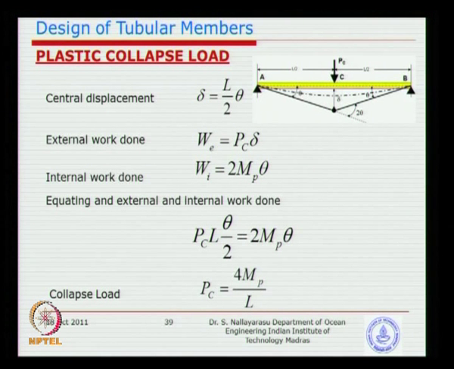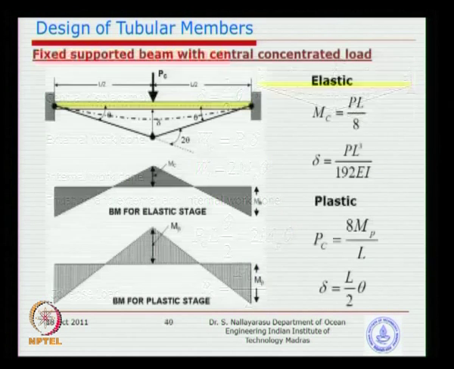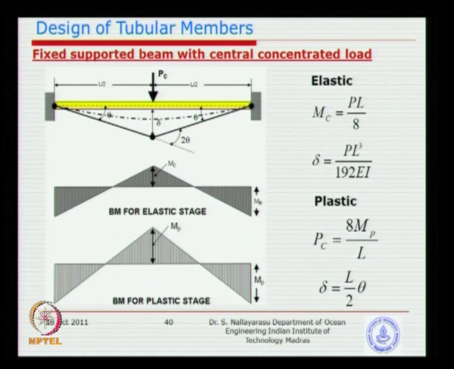Now let us quickly look at how the boundary condition is going to affect this. For simply supported, it is 4 Mp by L. When I change to fixed at both ends, it becomes 8 Mp by L. You could read the slides yourself, because you know the bending moment diagram. The collapse load, the load at which the beams are going to collapse, becomes double just because we have a restrained boundary condition at the extreme ends where the rotations are prevented. So the boundary condition influences the capacity of the beam by almost double. You could apply double the load to a fixed beam compared with a simply supported beam.